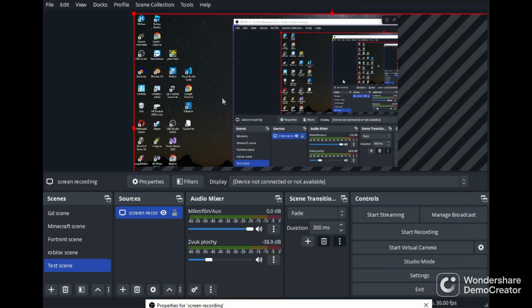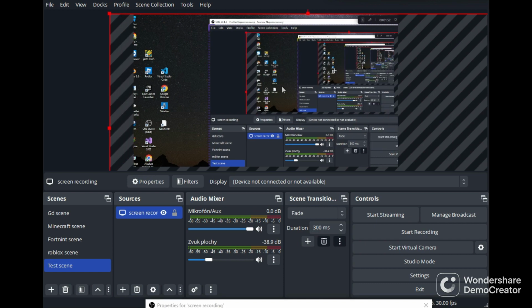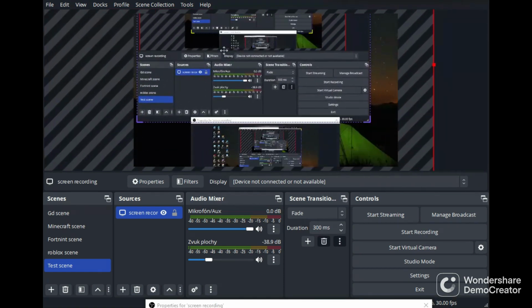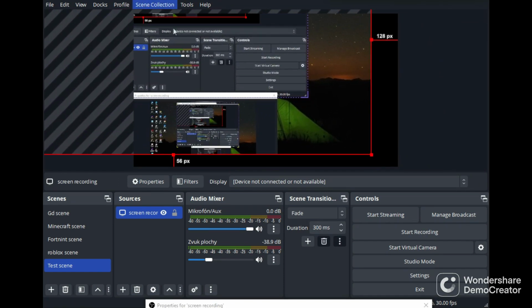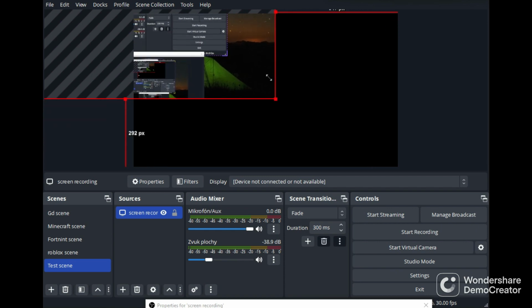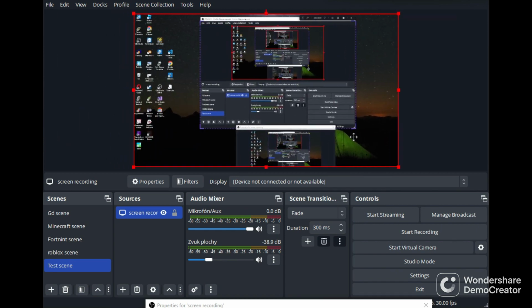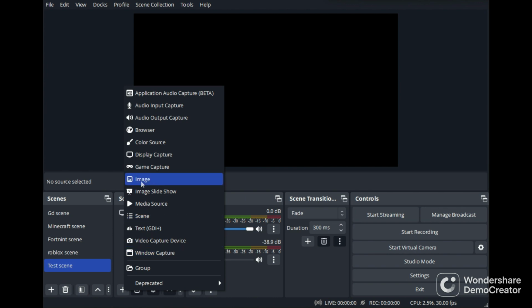And as you can see now, you can see your entire scene. But this is a very huge thing. We can simply scale this down like this, and if we want to select game capture,